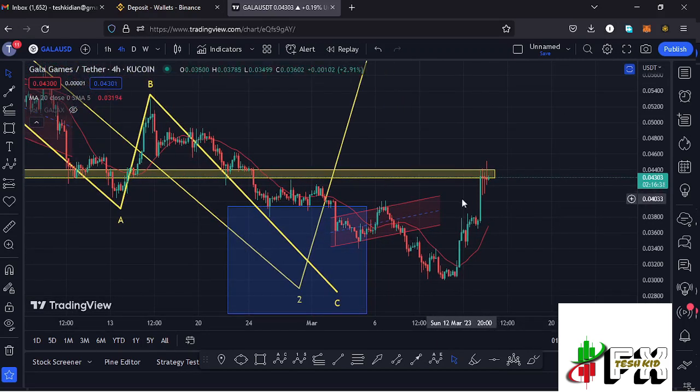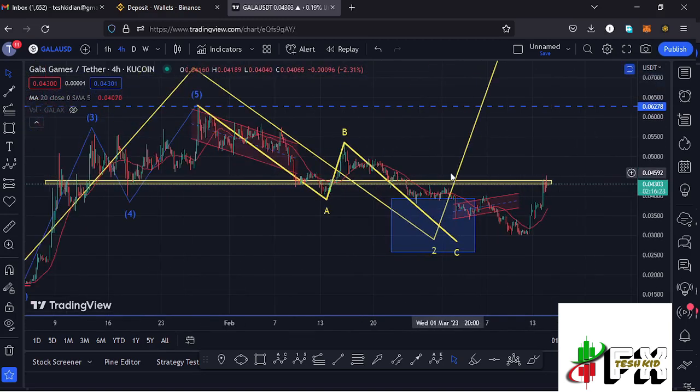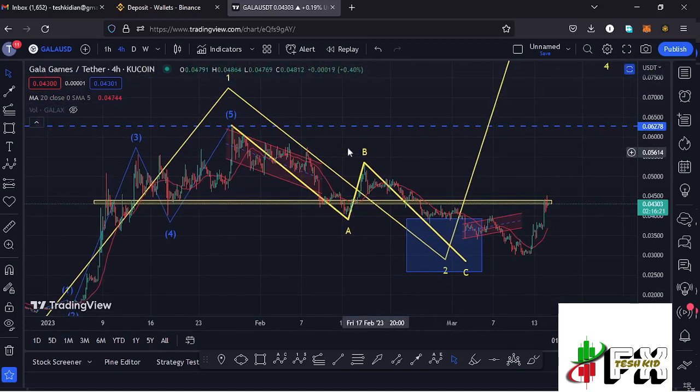We are also trying to battle out a key area of resistance at around the $0.0437 mark. We have also continued to obey the Elliot structures, where we had been seeing a bit of a breakdown to the lower side in the formation of these larger Elliot count 2, in a move that also managed to get into the minimum retracement area, which lies between the $0.03959 mark and the $0.02575 mark, in a move that gave us a low at around the